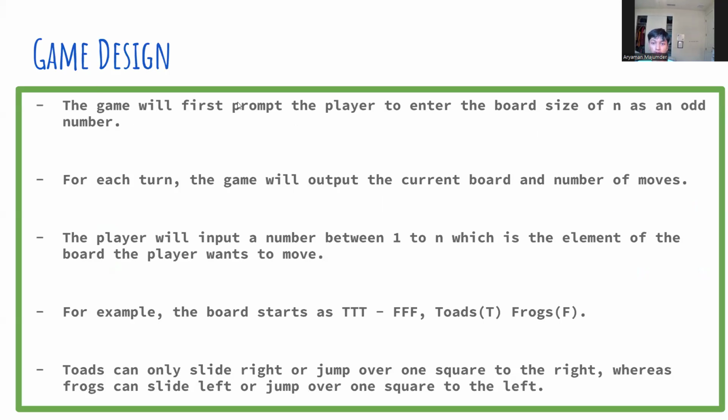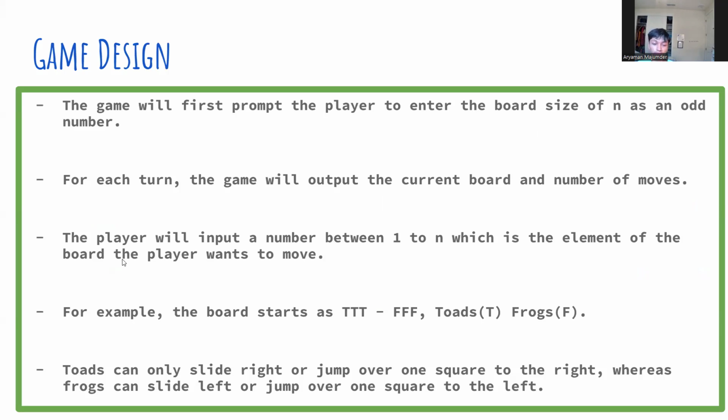So the game will first prompt the player to enter the board size of n, as in like an odd number, meaning that there has to be a middle value, which is the dash. For each turn, the game will output the current board and the number of moves. The player will input a number between 1 to n, which is the element of the board that the player